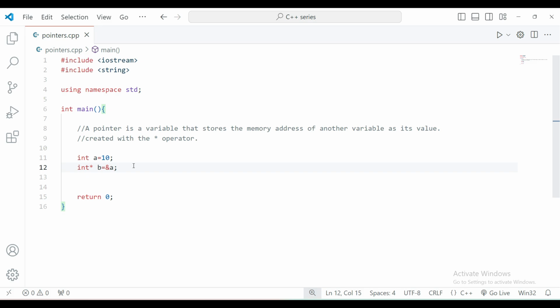It's an easy concept. So what basically is a pointer? A pointer is a data type which stores the memory address of another variable. So here b is storing the address of the variable a. Now let us see what is the output here. Let us just see here. Now if I do cout,